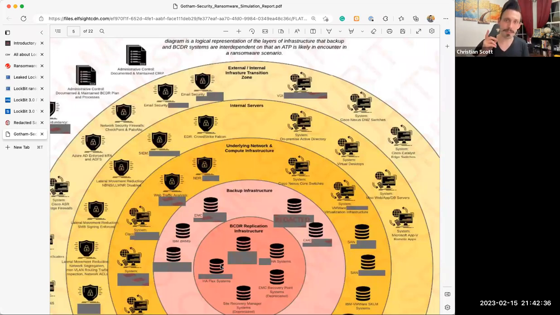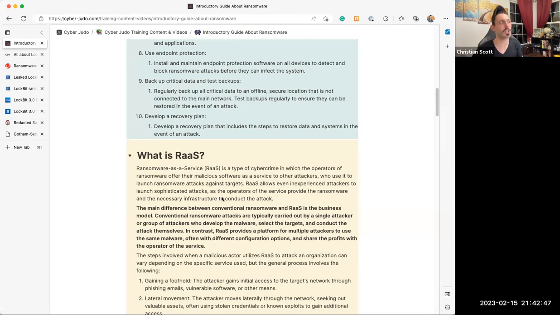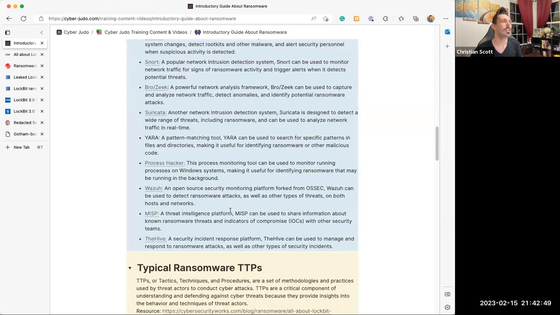Yeah, you do. But you still didn't deal with that data exfiltration thing, though. You didn't detect the data being stolen from your environment. So you're going to still get that double extortion attack, even if you're able to restore from backup. So just a note there. So continuing forward here,